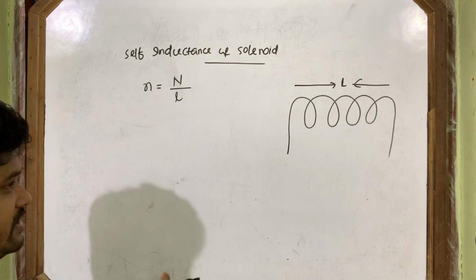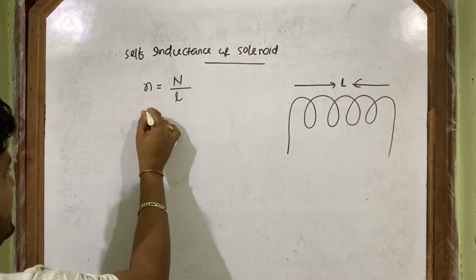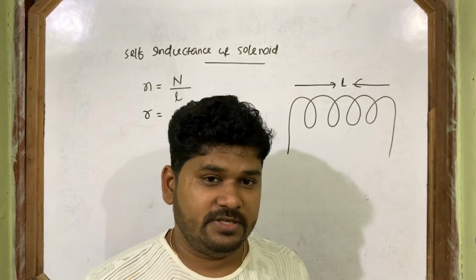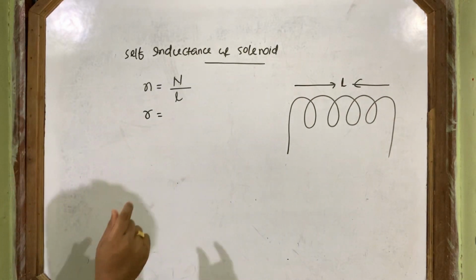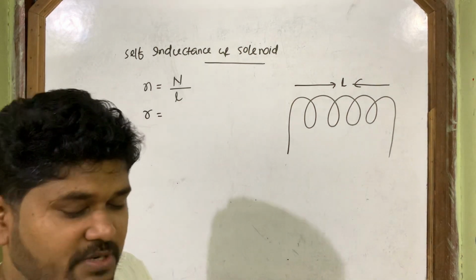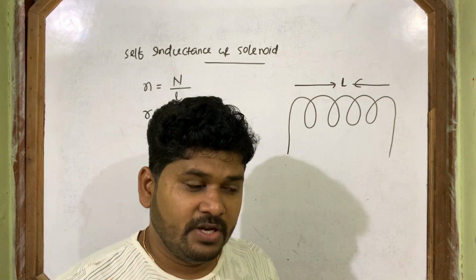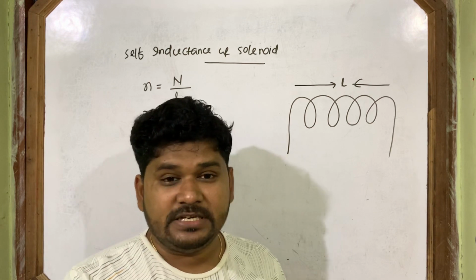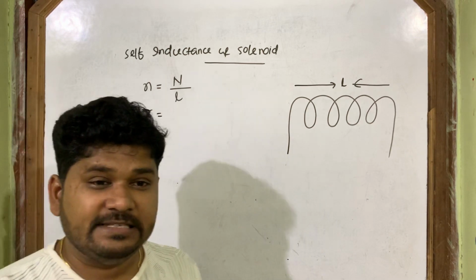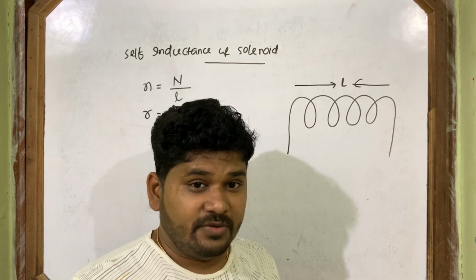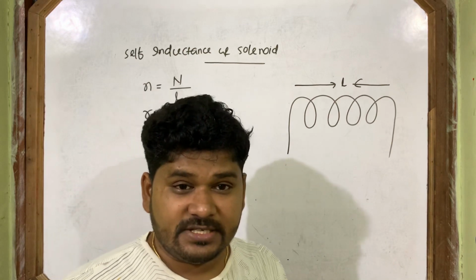Then what other constant do we choose here? R. R is equal to the radius of the solenoid. So let's take R as the radius of the solenoid and small n as the number of turns per unit length. When current I passes through this solenoid at any instant. I am saying at any instant because the current changes. Whenever the current changes, then it shows its action.